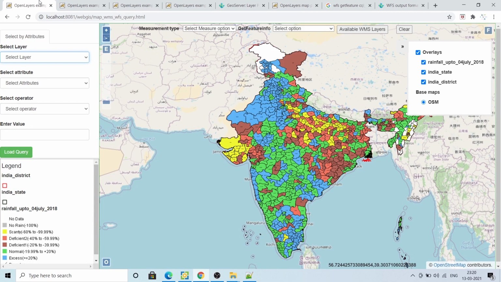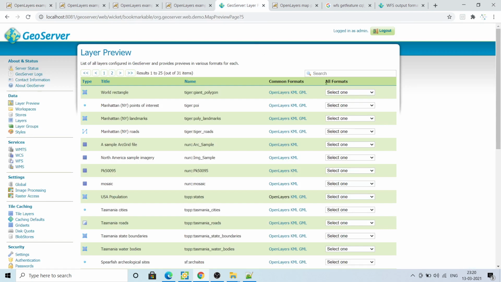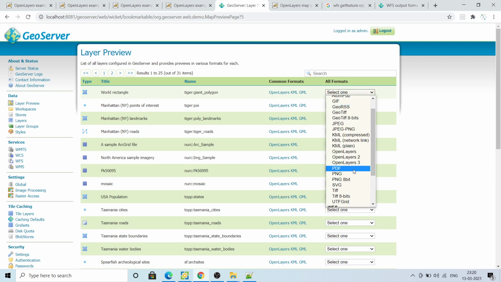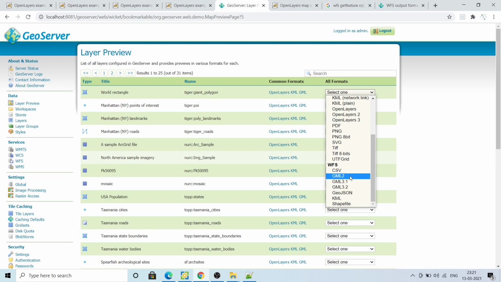The actual features are not fetched, it only shows you the snapshots in tiled or untiled format, like JPEG, PNG and so on. In GeoServer also, if you see WMS, these are the services, GIF and so on, basically a snapshot of the data. In WFS there are different formats like GML, GeoJSON, KML.